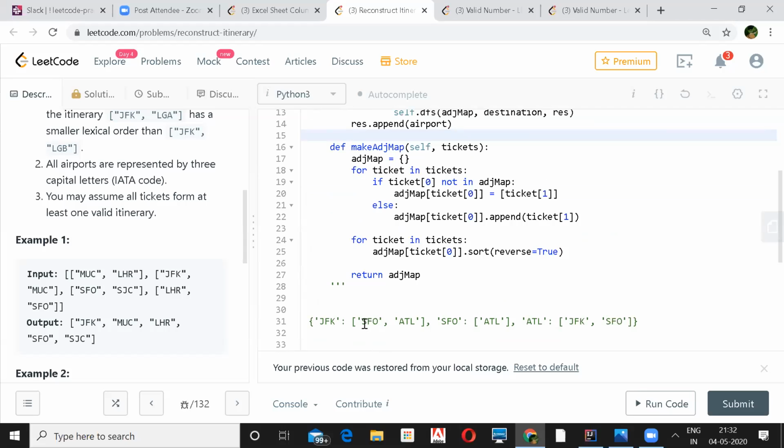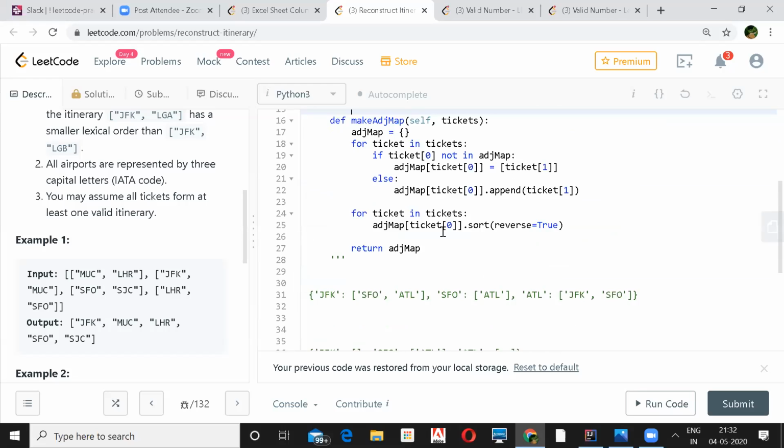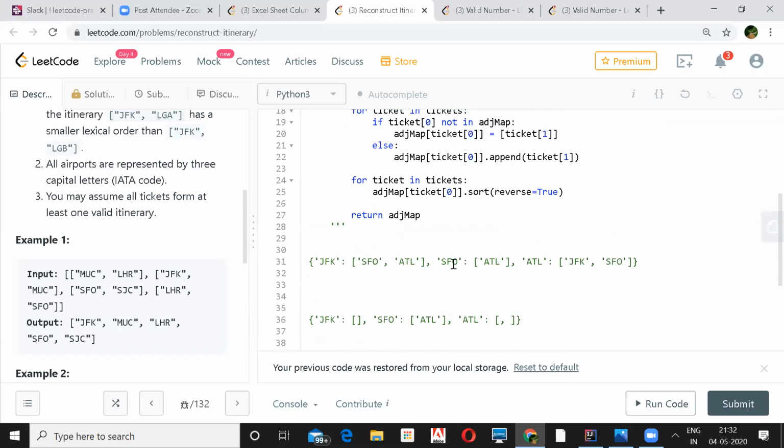Let's say you picked SFO, you will find whether it is a key or not. This is checking if that airport is present in your adjacency map or not. But say SFO is a key and it has no remaining value, and you still have some city left to visit. Then some keys are still pending to visit. So how will you solve that?